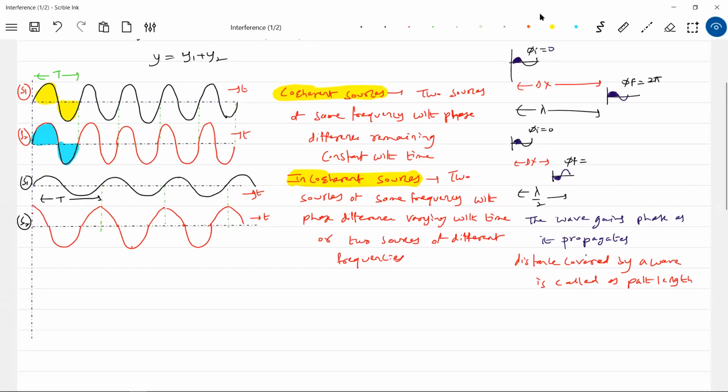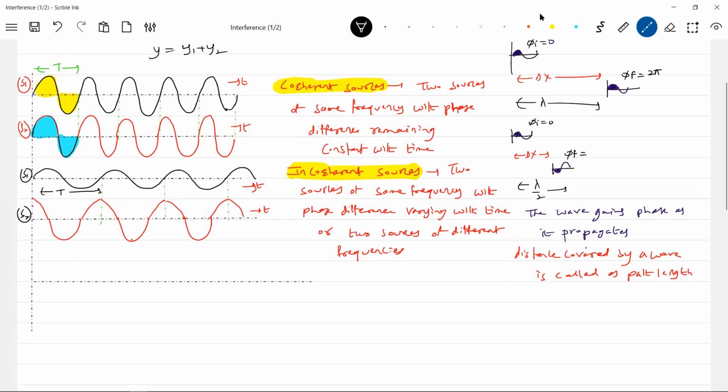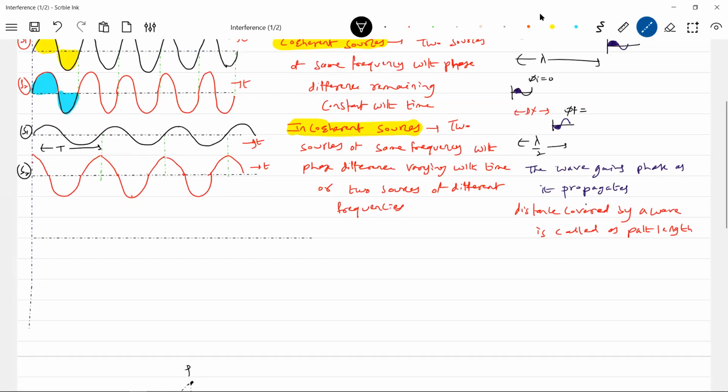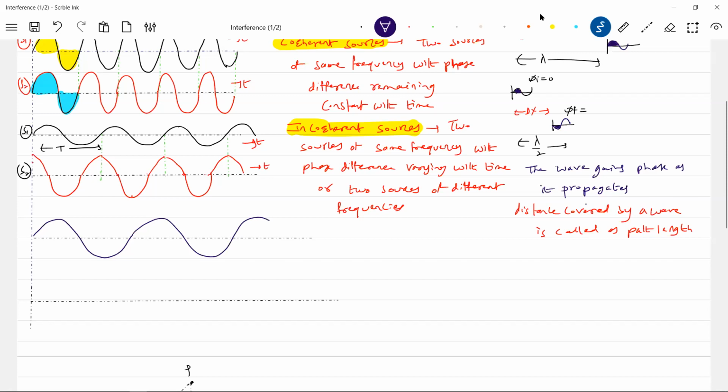Okay, now I'll bring in incoherent. See, these are very important, not mere definitions. In books, you have definitions. Yes, okay, fine. You are gathering information, but really what do you mean by coherent and incoherent means a student has to imagine a diagram like this. So this is a wave of some frequency, generated by the source, so this one. Another wave,